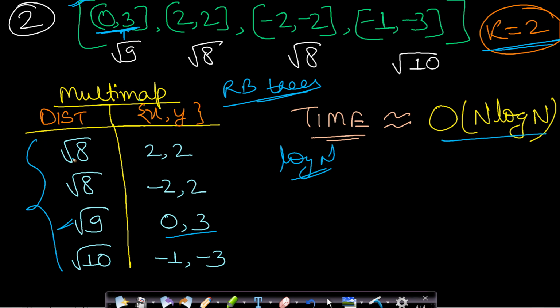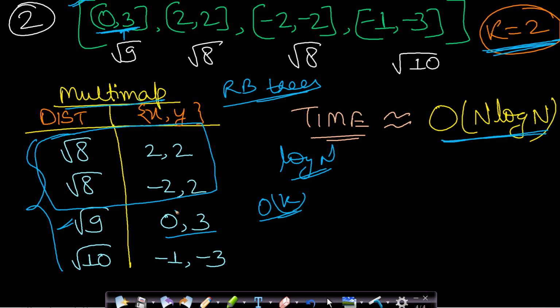After inserting each and every point, you want to find the first k points closest to 0 comma 0, and since this multi-map is maintaining the elements based on the keys in ascending order, you just need to find the first k values and return them as our answer. So this will just take order of k time. So the total time complexity using multi-map is equivalent to n log n.